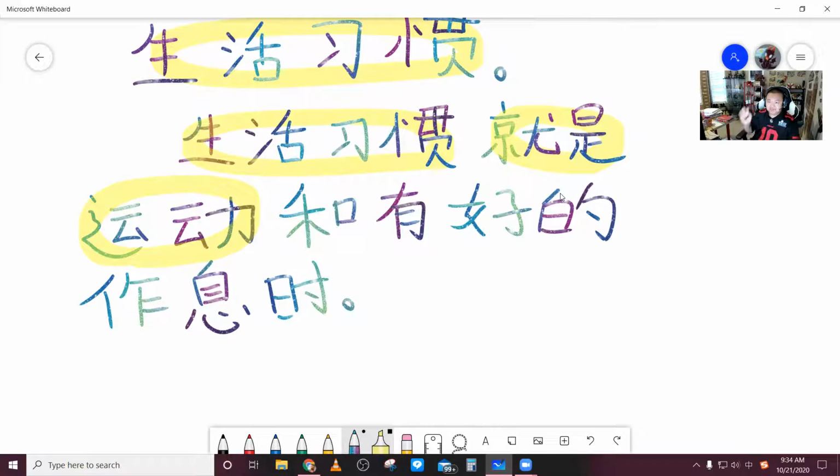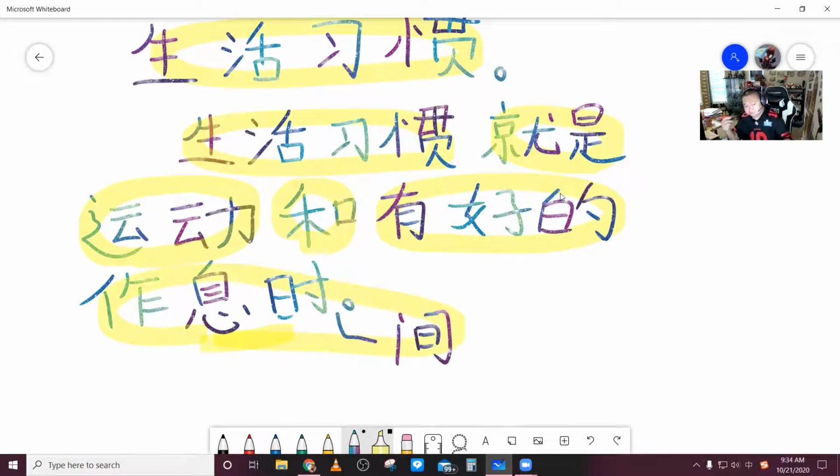锻炼身体 is the same as 运动。运动和 and 友好的 have good or positive 作息 oh my goodness 作息时间 I forgot to write a character 作息时间 is your schedule so have you know be able to exercise and have good schedule so now you should know we're going to talk about when you get up what you're going to do in the morning what you're going to do in the afternoon when you go to bed okay